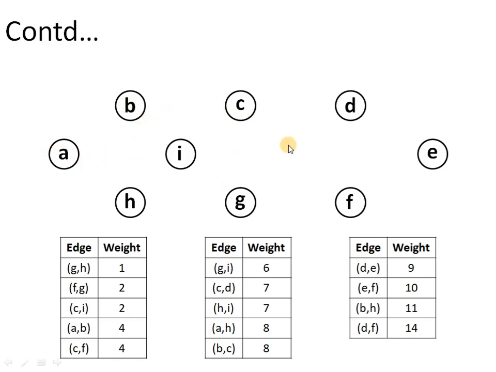And in each iteration, we have to combine two different trees till we obtain a tree which will have all the vertices of our graph. That means we have to create a tree out of these vertices. Right now, they are in separate trees. So, in order to proceed, we will first arrange the edges of the graph in non-decreasing order.